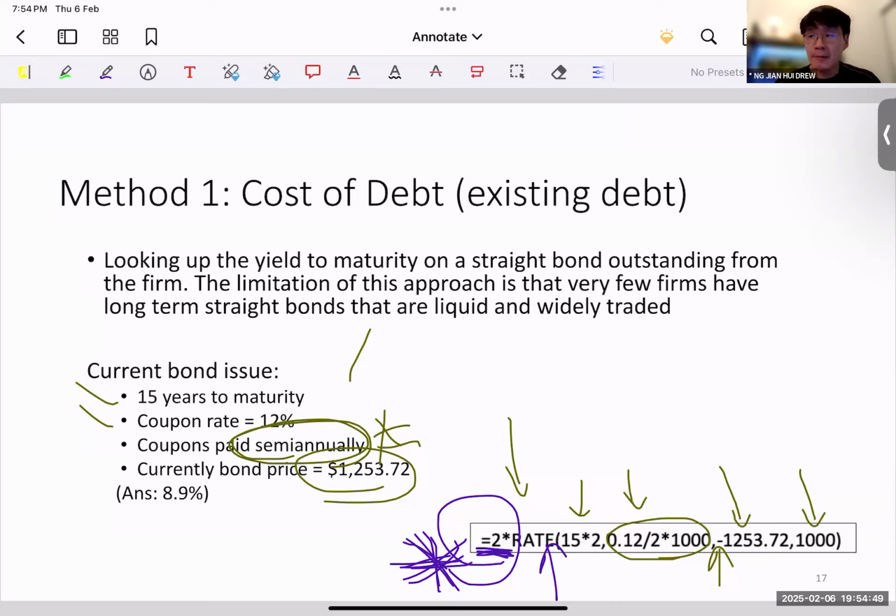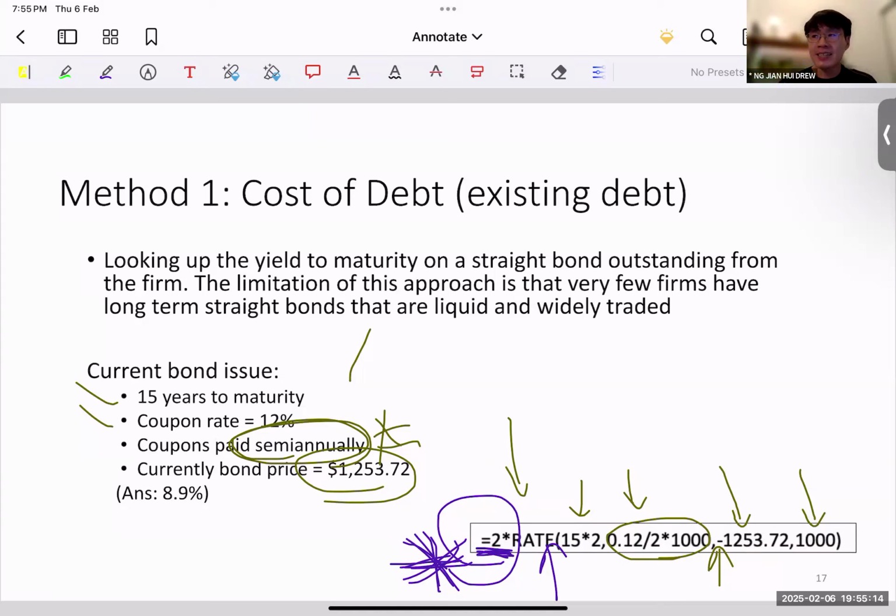And then let's say you have chosen a bond that's 10 years, but you have multiple 10-year bonds with different yield to maturity. They're all different. Then maybe you do a weighted average or maybe a simple average. So there are multiple ways. At the end of the day, there's no wrong or right way. It's really about how you justify it.